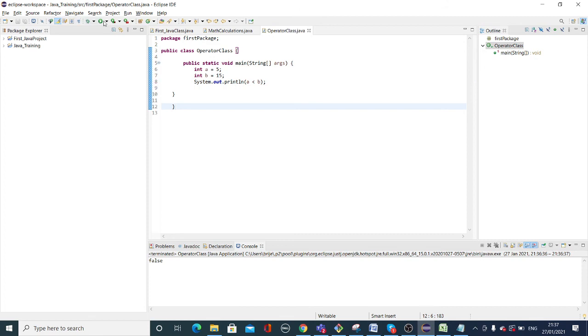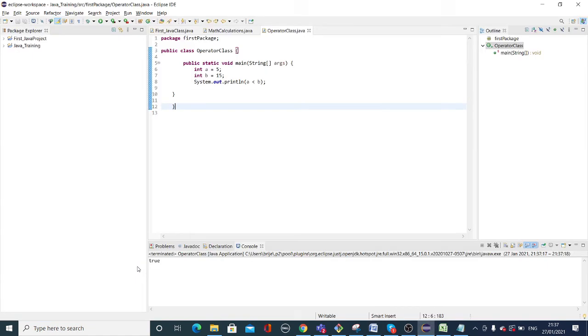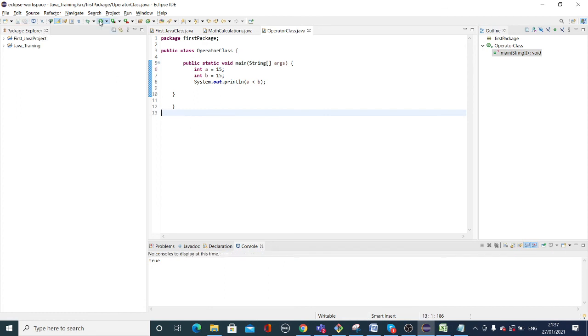True, because 5 is less than 15. If I put a equals 15, b equals 15, a less than b, what would be the result? False, because they are equal.